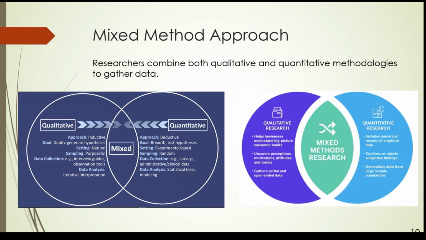I think both sides have their use. Maybe you start by doing qualitative to narrow down, then only you do quantitative. Qualitative to narrow down, then you use quantitative to confirm your hypothesis. Qualitative research is good when you are not clear about the solution. You want to produce the hypothesis. So once you produce the hypothesis, the next thing that you want to do is to test the hypothesis.